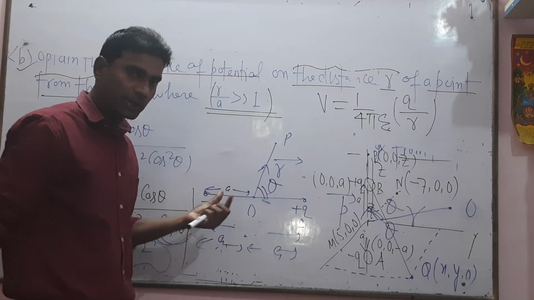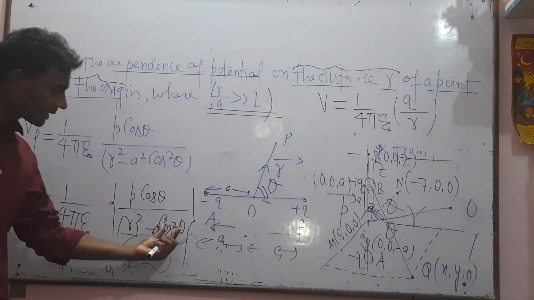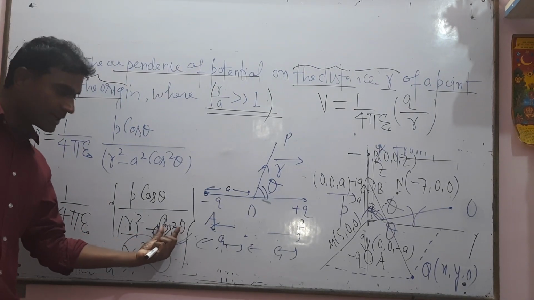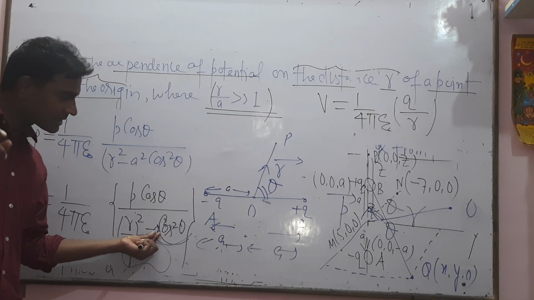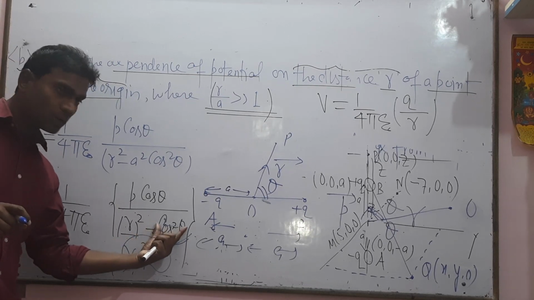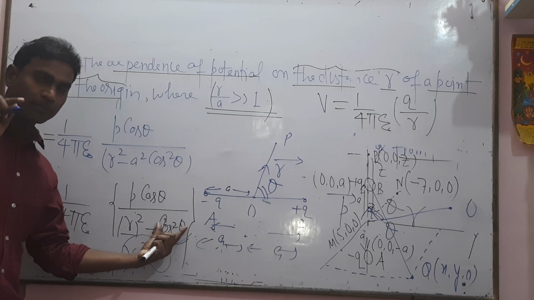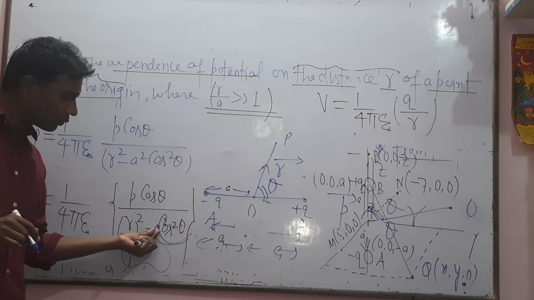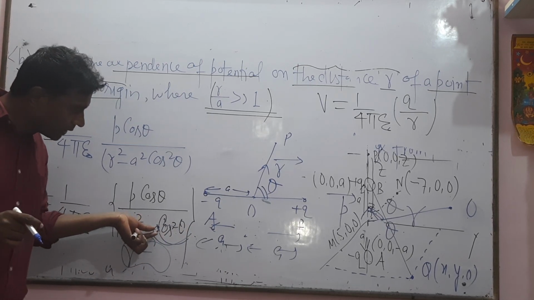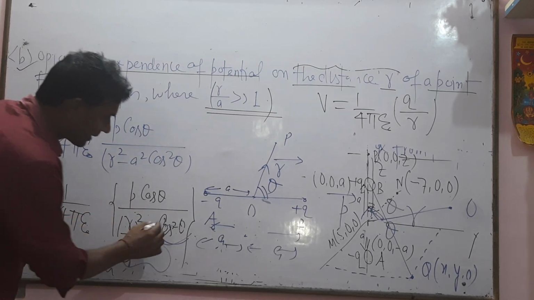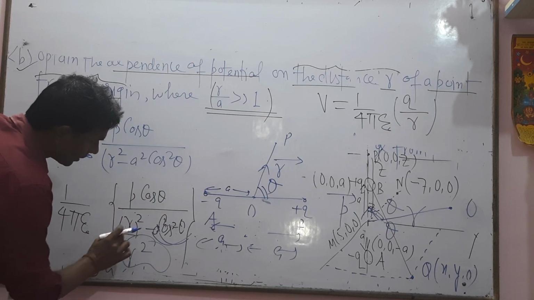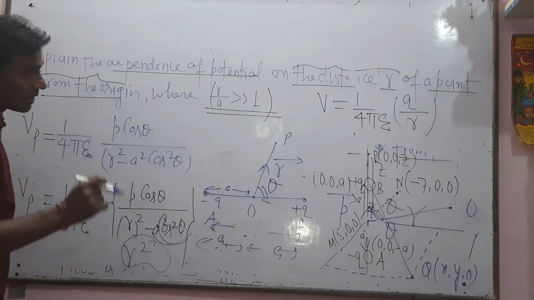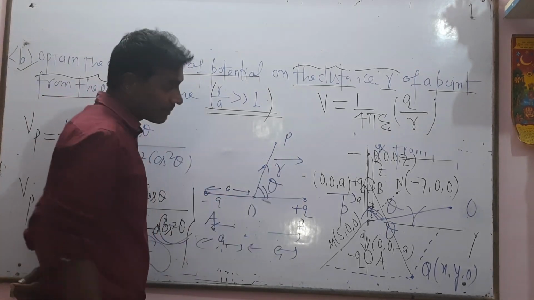This is the point, and cos theta lies from 0 to 1. So that number is very slightly less than, between 0 and 1. Let us suppose 1 by 2. So 1 by 2 into 1 by 2, very slightly less than. So that value is approximately negligible compared to r square.